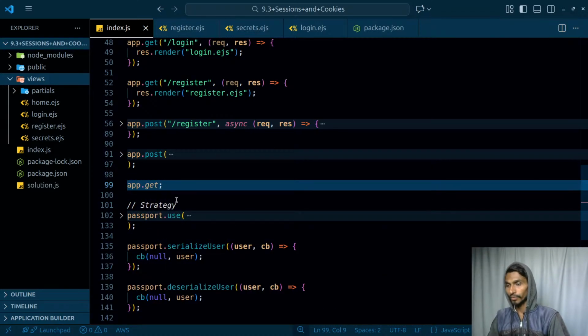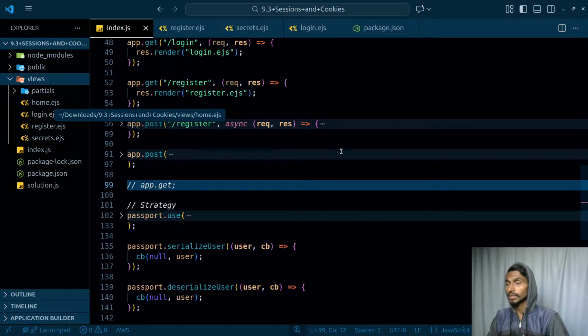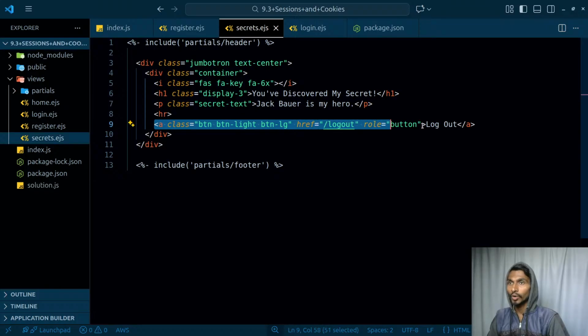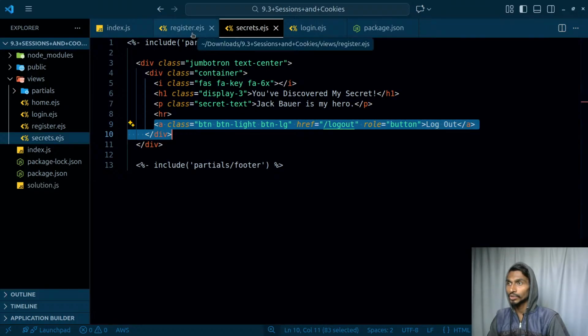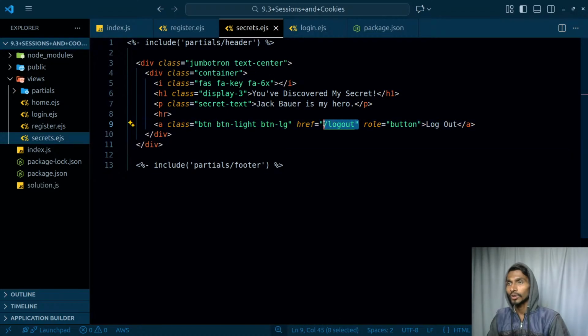So for checking this particular thing, I need to go to my logout page, the logout button. Where is that logout button? That is inside secrets.js, and whenever I click on this particular button, /logout is called, and that's it. That should be a get request. I'm redirected there. /logout, I don't even have that particular page right now. So whenever I'm calling href /logout, that's going to be a get request, and that get request will simply log out